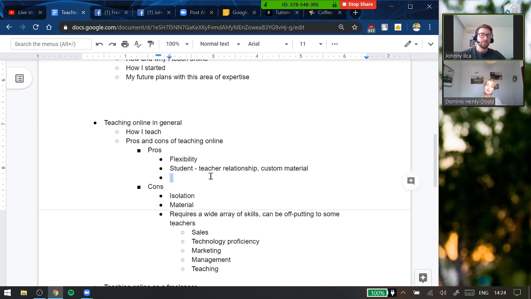Right. So now let's move on to some of the cons. Or are there other pros that you can think of before we move on to the cons? Well, I think what I just said comes under teacher relationship. I guess also in terms of teaching, you can become very niche and really choose. It's your decision who you want to teach, what you want to teach. I guess I just add to that a bit like what I'm trying to do with my stuff. Yeah, exactly. You're absolutely right.